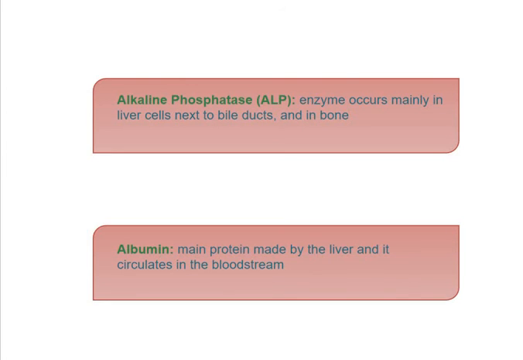So the ability to make albumin is affected in some types of liver disorder. A low level of blood albumin occurs in some liver disorders. Suppose the liver gets damaged, or in case of some disorders, in that case albumin shows a lower concentration. So a low level of blood albumin occurs in some liver disorders.